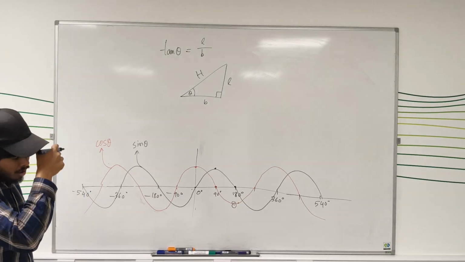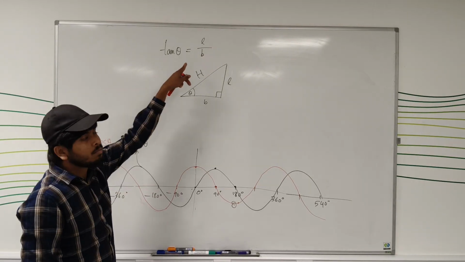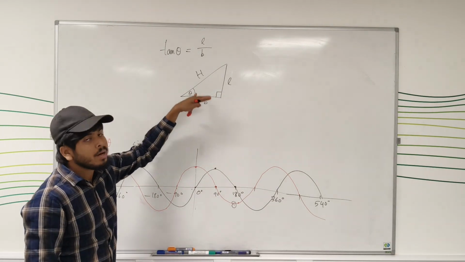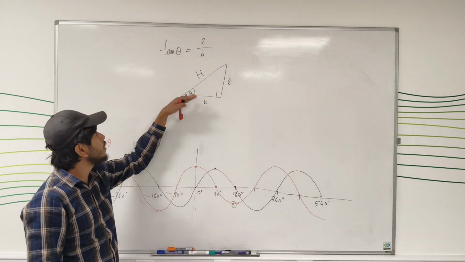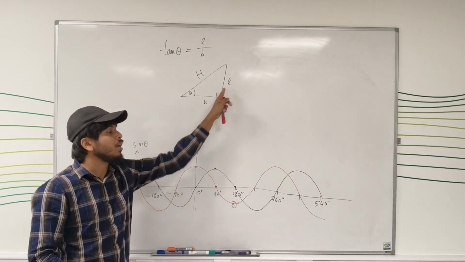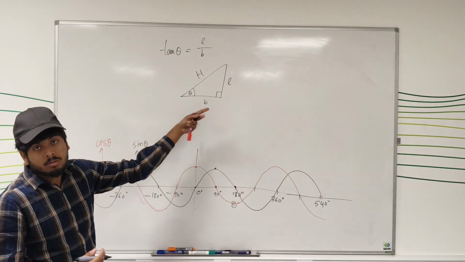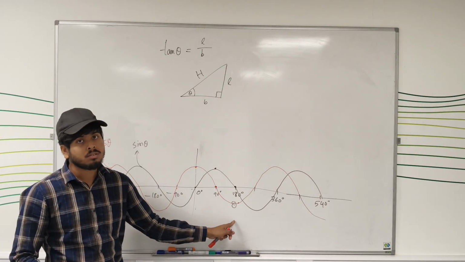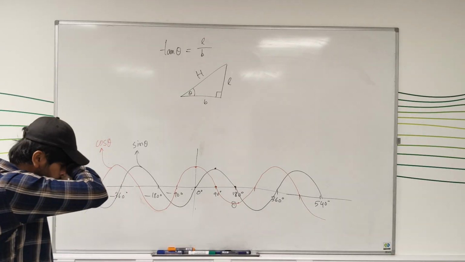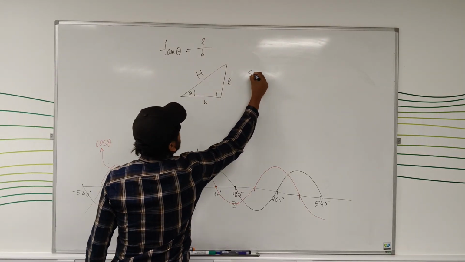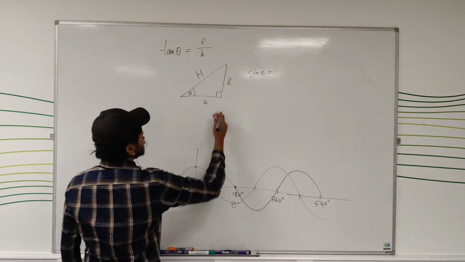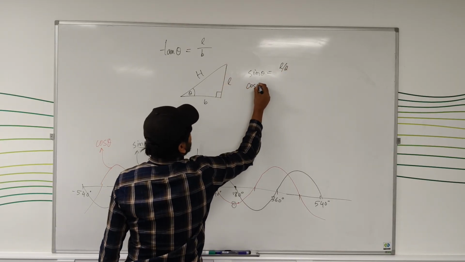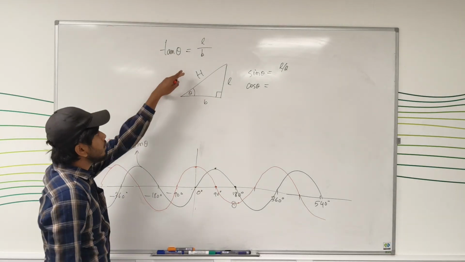L over B. Now, to figure out how the graph of tan theta looks as you vary theta, you can again try imagining what happens to L and B if you increase or decrease theta. We can do that, but instead, because we already have this, we're going to use these two curves. How? We know that sine theta equals L over H and cos theta equals B over H,